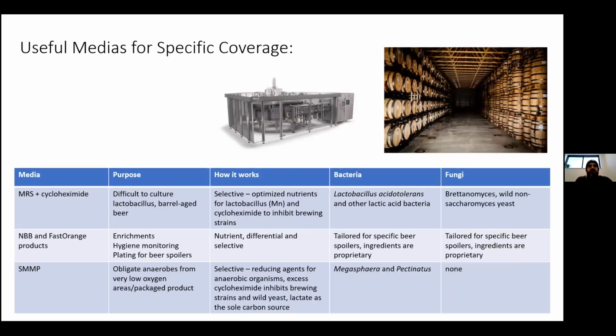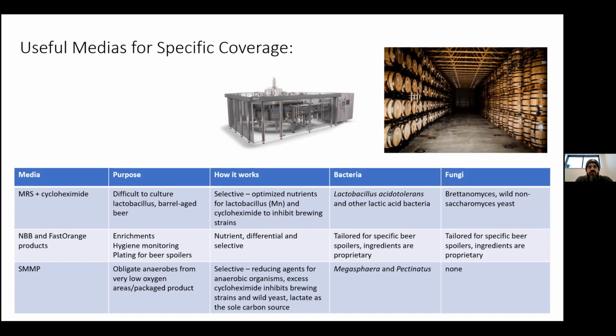There are other types of media that you can use that maybe get you a little more specific coverage. MRS plus cycloheximide, very good for lactic acid producing bacteria. And NBB can be used for just hygiene monitoring in the brewery. And finally, this other one called SMMP. This is probably more useful for very large breweries with exquisite control over their oxygen,